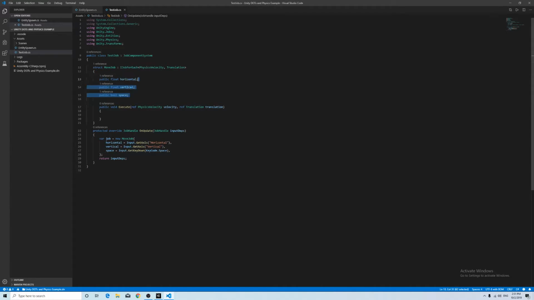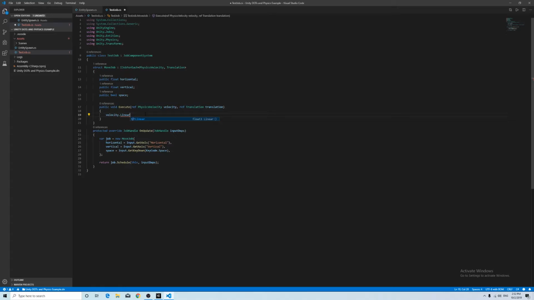So now it will pass all this. The last thing we can do is finally change this to job.Schedule. We have to pass this and the input dependencies, and that should work. So now when this system runs, it will run either every frame or 60 times a second, I'm not sure, but what that allows us to do is use this exact update, and we're going to say